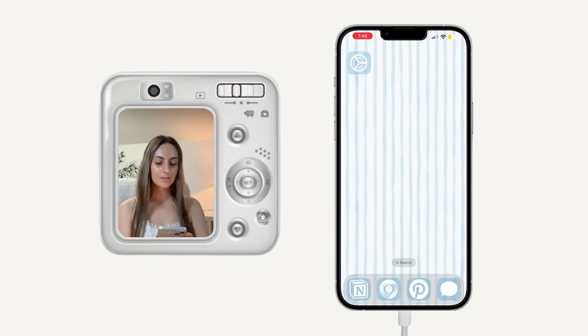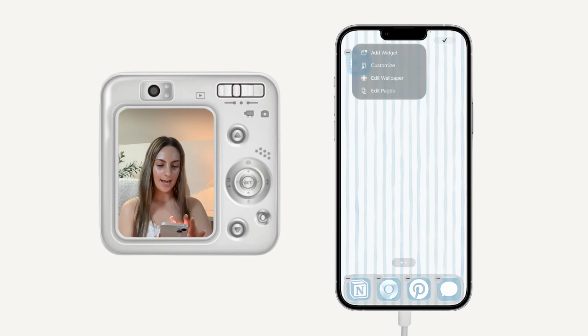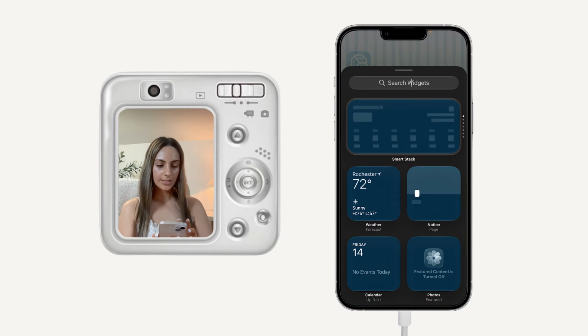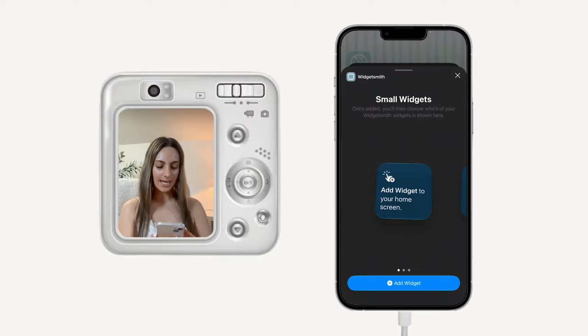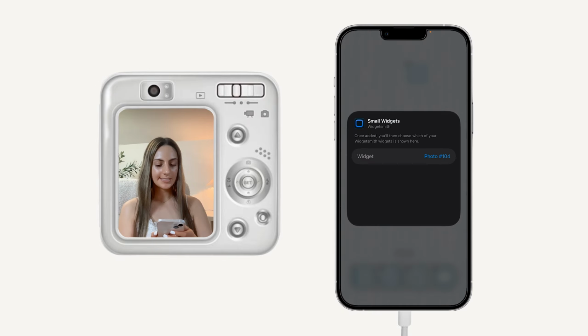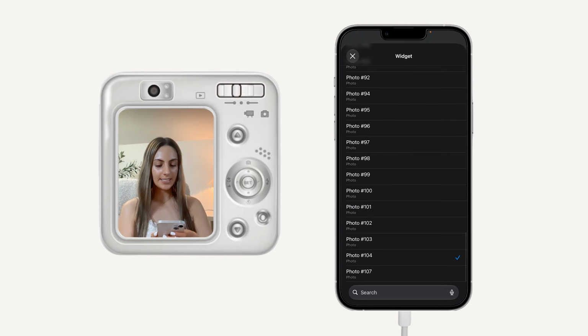So back on your home screen, you're gonna wanna long press, upper left corner, tap the paintbrush, and then add widget. And then from here, we're gonna search for Widgetsmith because that's the app that we used, and then tap the size. And then you can just tap the blue text on the right side and it's gonna pull up